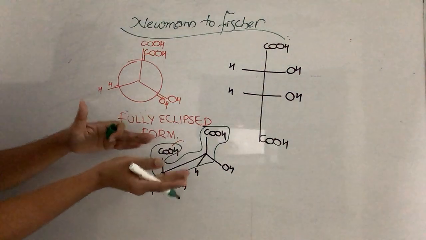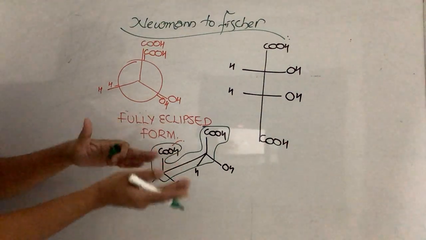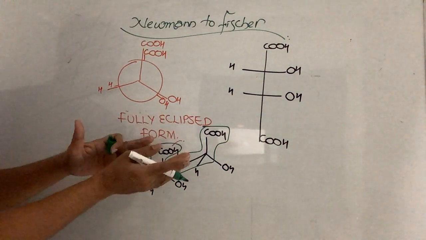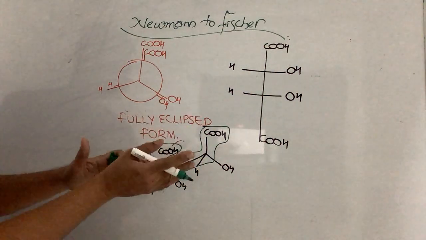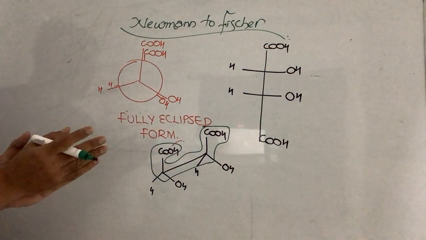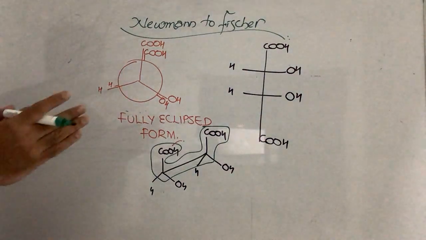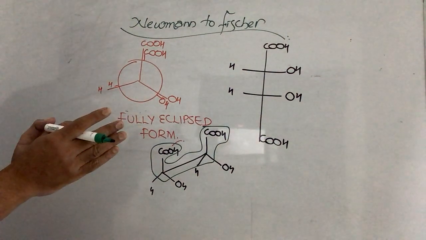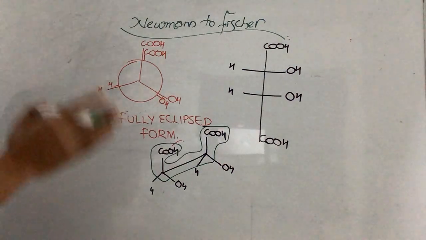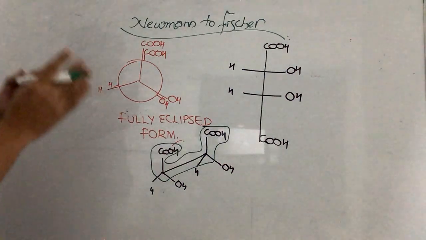So this is again the eclipsed form. It must be the eclipsed form, remember. It should not be in Gauche or staggered. It must be in the eclipsed form only. No other forms are accepted. Eclipsed only, because Fischer is by default eclipsed Newman. Theoretically, that is the right one.